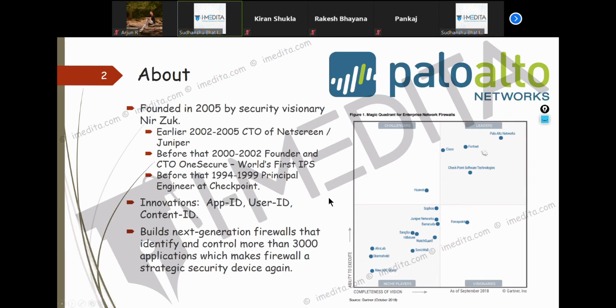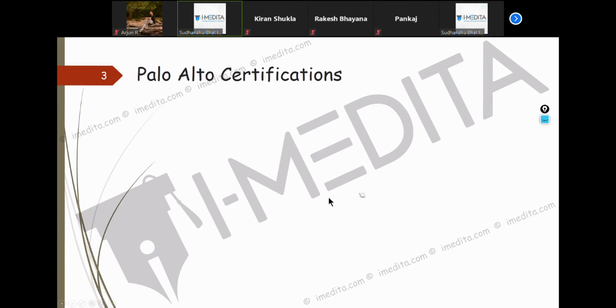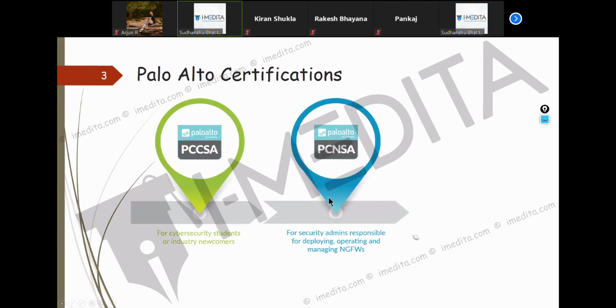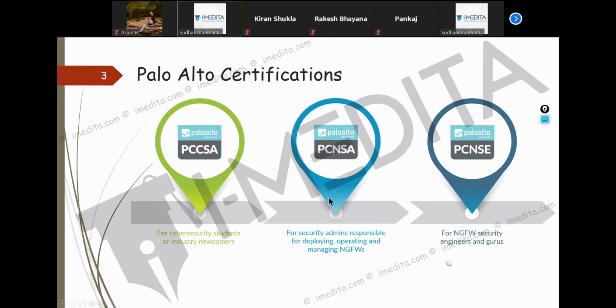Next, let's talk about Palo Alto certifications. There are three certifications that Palo Alto gives, and it's not necessary. Don't think this is like CCNA, CCNP, and CCIE. A lot of people start thinking that, but no, it's not like that.